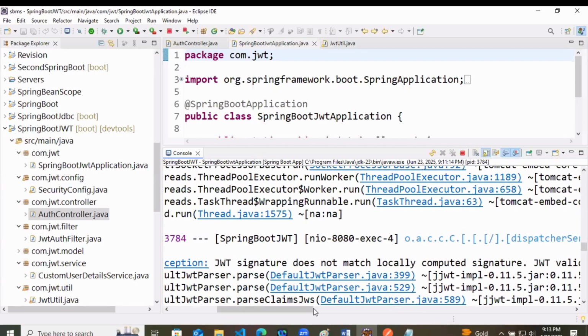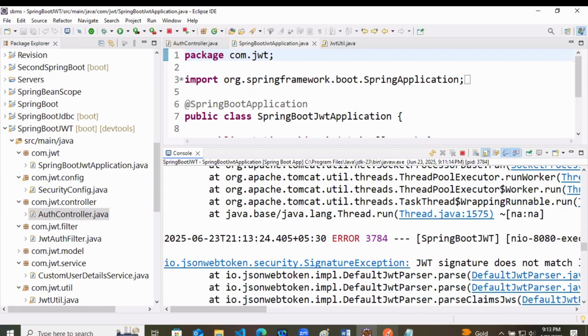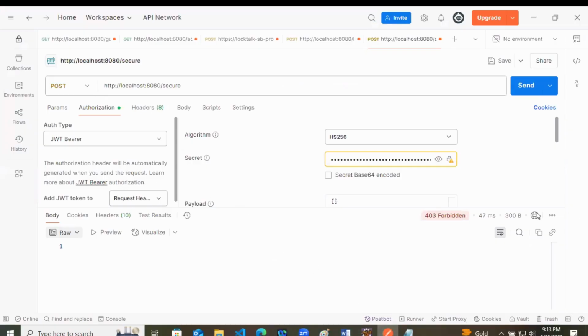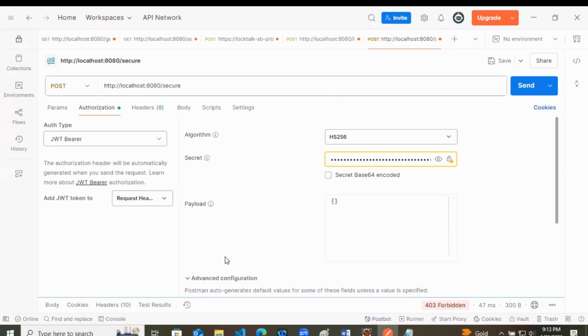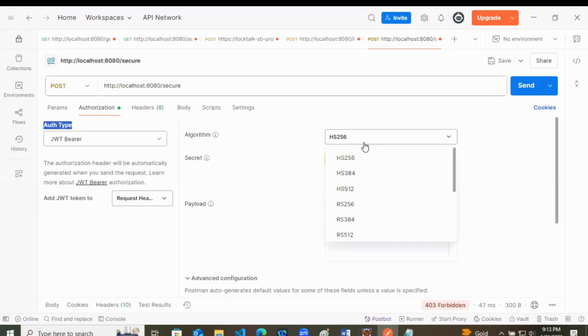So there is some error, but when I did a JWT bearer exception here, what I'm doing is keeping the auth type as JWT bearer, where the algorithm is HS256. You can also keep these many. Now this is the secret token that I'm trying to provide.